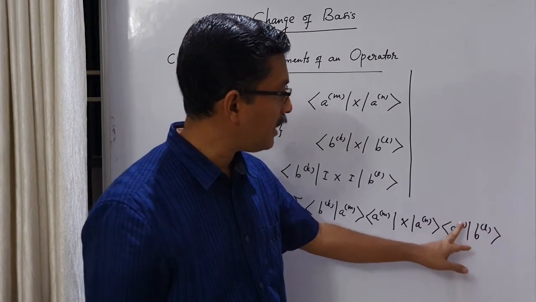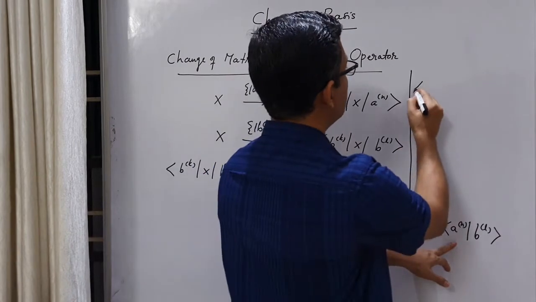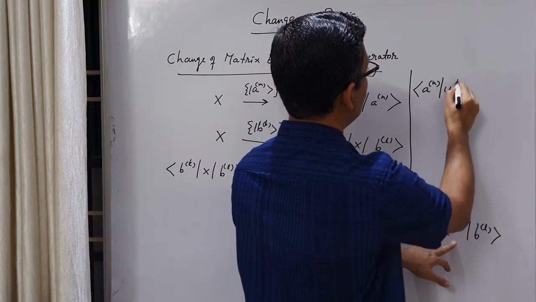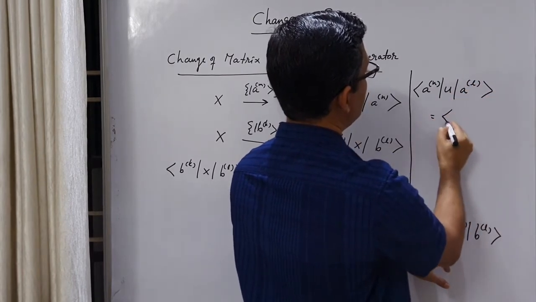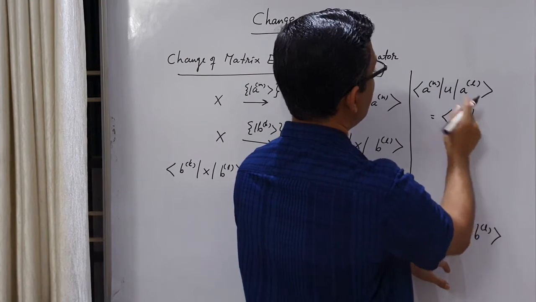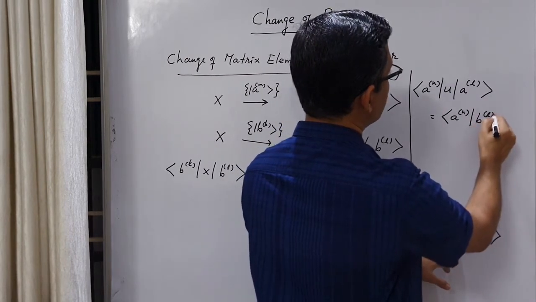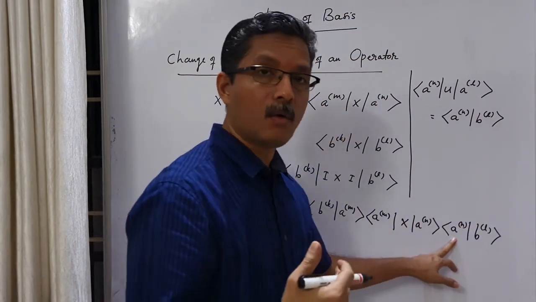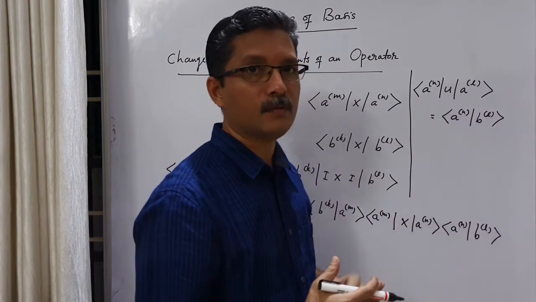Which matrix element? The nth matrix element. That is this in the old basis, that is <a_n|U|a_n>. This you can write as bra vector <a_n|. What happens when U acts on |a_l>? You get the new base vector |b_l>. So whenever you have a structure like this, on the bra vector side old basis, on the ket vector side new basis, it means it is a matrix element of U.